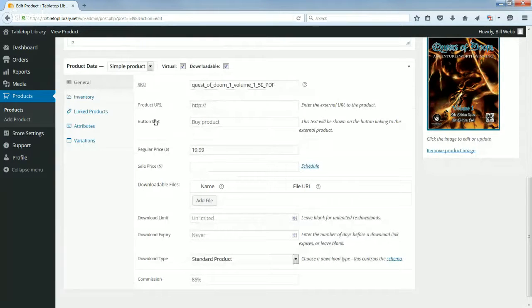Then product URL, leave this blank, don't use this. All your products should be coming directly from the server, so you won't be using external URL. Leave the,